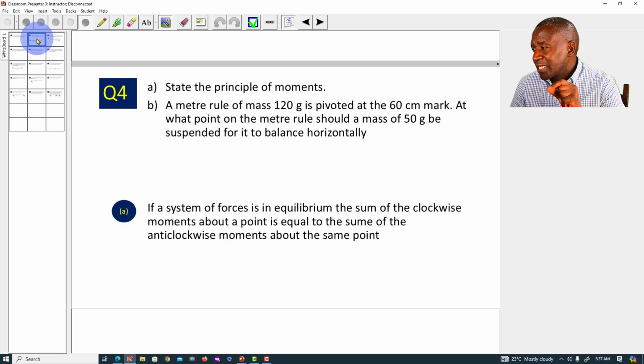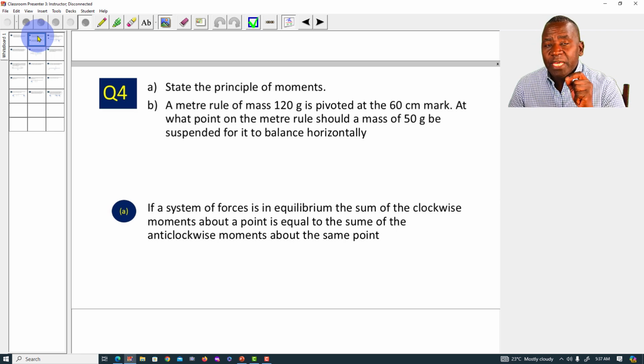In part B, we are told that a meter rule of mass 120 grams is pivoted at the 60 centimeter mark. At what point on the meter rule should a mass of 50 grams be suspended for it to balance horizontally? Now here we are going to assume that the meter rule is a uniform meter rule, so that its weight acts through the 50 centimeter mark. Remember, we have not been asked to make any assumption, so that one is an important assumption, that its center of gravity must be at the 50 centimeter mark,